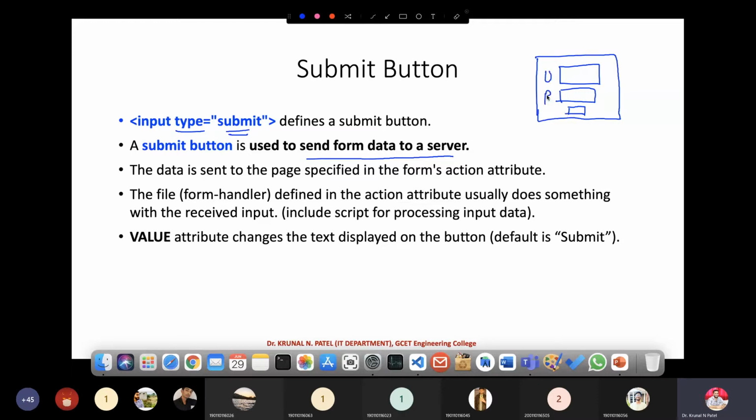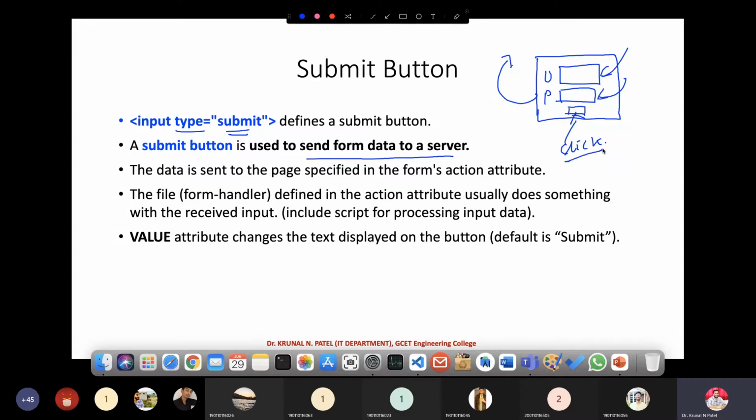Whenever you enter the username and password and click on the submit button, that username and password will be sent to the server for matching, where your PHP or any other logic is written.